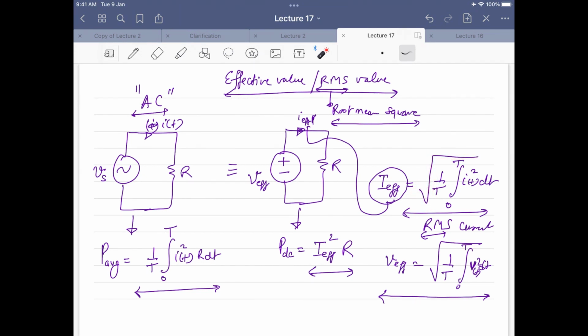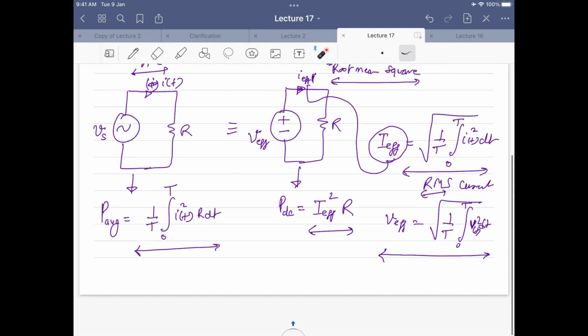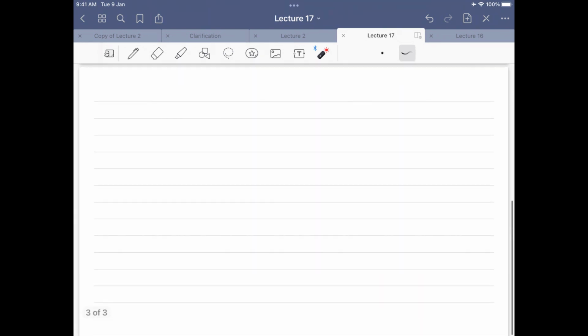So this is basically the concept of RMS value and the average value which we had calculated here in case of AC. Today I'm shifting gears and moving to some other topics related to AC signals, and let's understand these topics also. In order to solve these numericals, you have to understand these concepts also. That's why we are going in that direction. So today we will understand the phasor representation of sinusoidal signals.